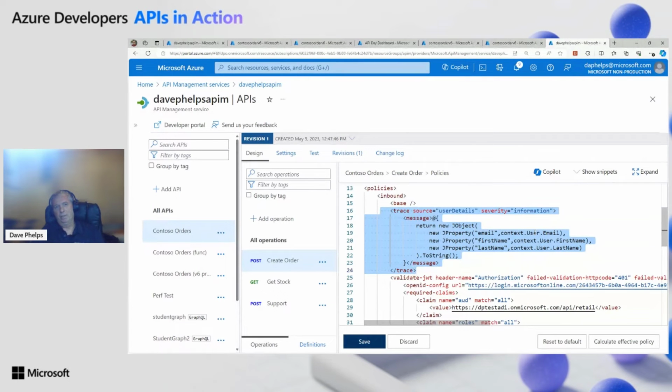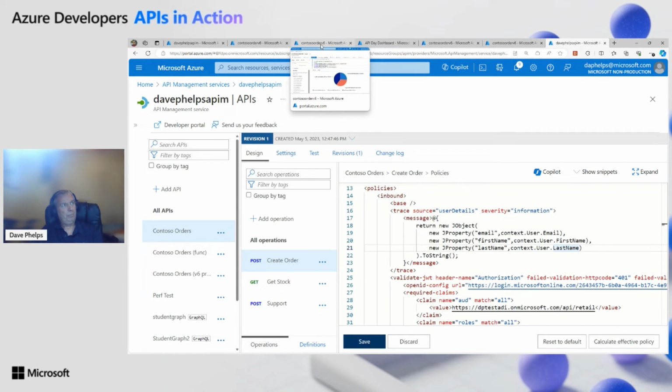And by that, I mean the person who owns the API key, the person who has built an app or website. And so what API management does at runtime is it does a lookup on the API key to pick up the context of that API call. And I'm just pulling out email address, first name, last name,